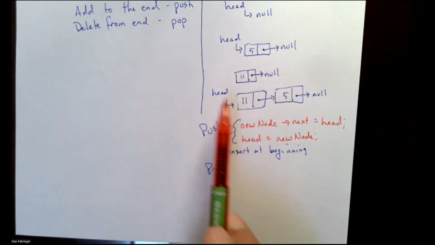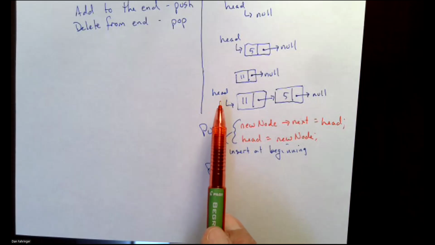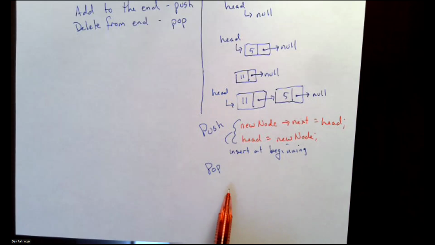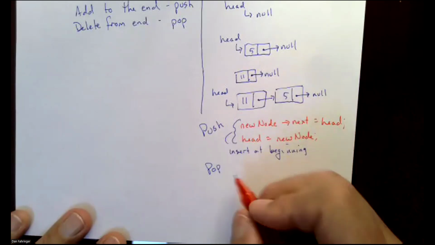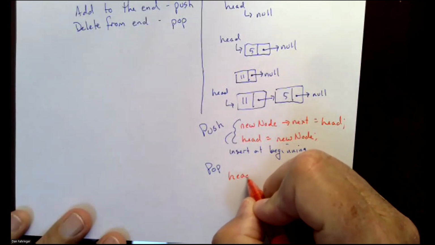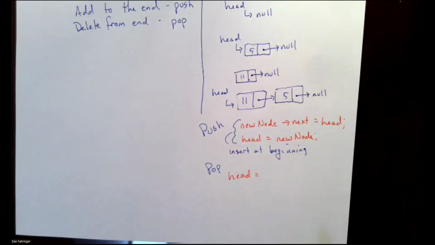I want to get rid of 11. What would I do? I think head points to 5. Okay. Yeah, I want head to now point to 5. Head gets the value of, let's see how clever you are here. Head gets the value of,